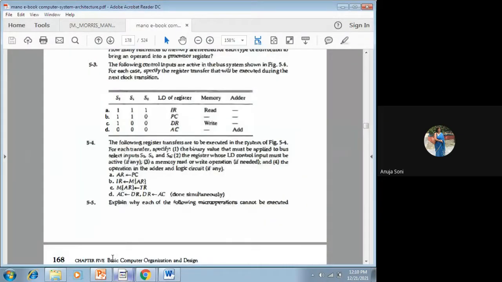आप क्या कर रहे हैं बेसिकली, DR का AC में डाल रहे हैं और AC से DR में डाल रहे हैं, वाइस वर्सा. आपने पहले AC से DR में डाला और DR से AC में डाला. ये आपका स्वैप नहीं हुआ. रादर वी कैन टॉक अबाउट अ सिंगल वैल्यू. स्वैप के लिए तो सम टेम्परेरी रजिस्टर इज रिक्वायर्ड टू होल्ड इंटरमीडिएट वैल्यू, उसे हम स्वैपिंग कहते हैं. दिस इज नॉट द स्वैपिंग.